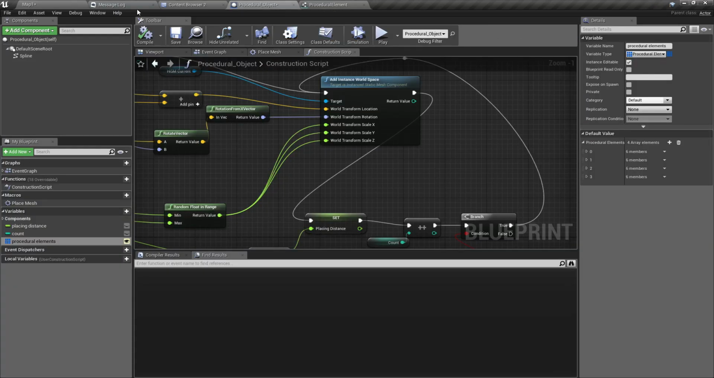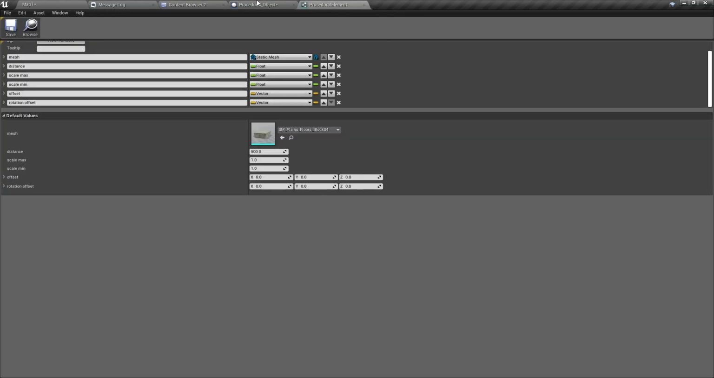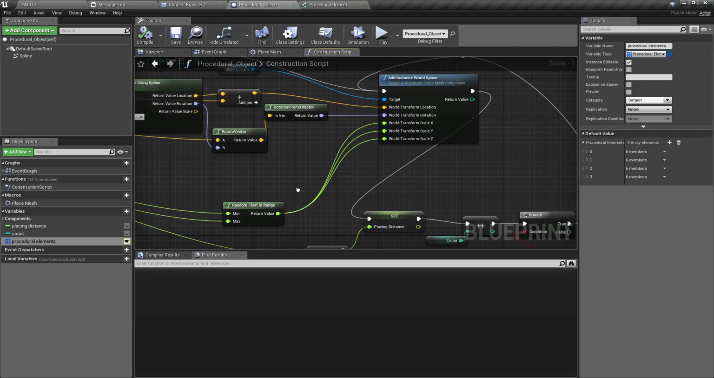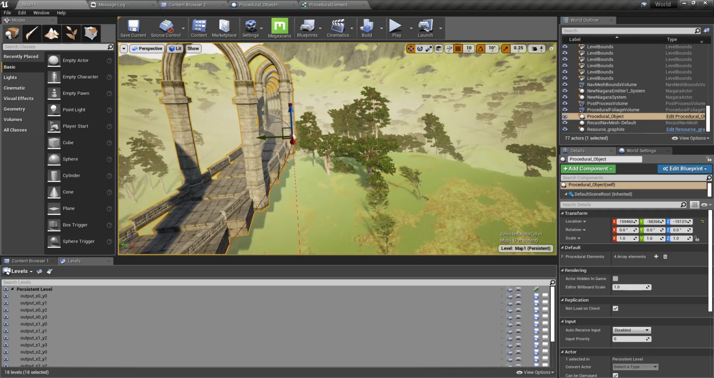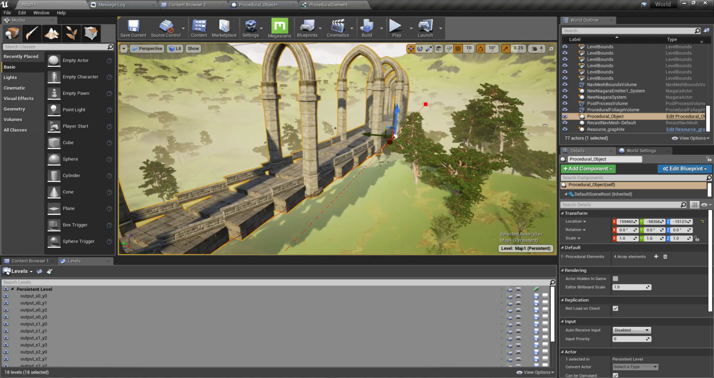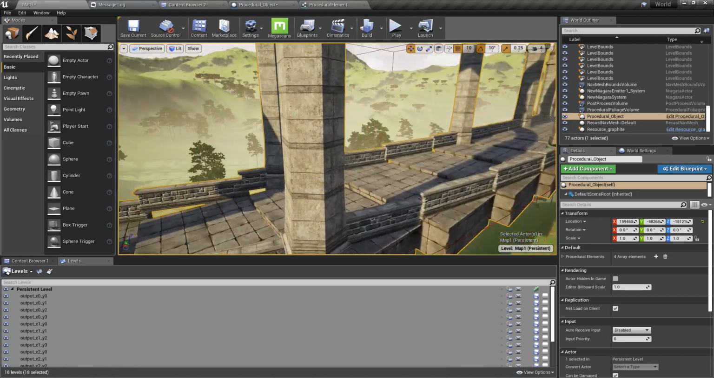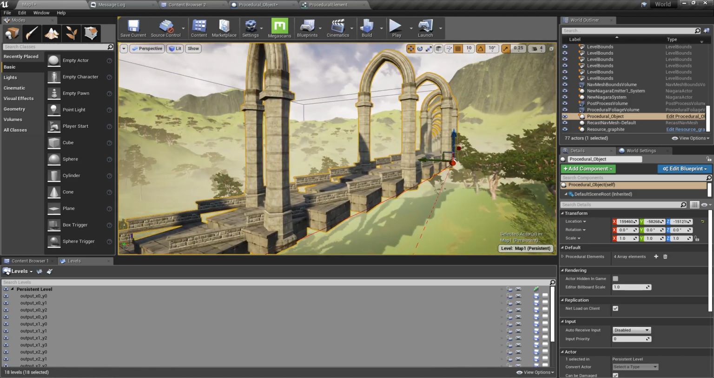This is the procedural object, and this is the struct that we have used to store procedural elements data. And before starting work, I think I should let you know, guys, that